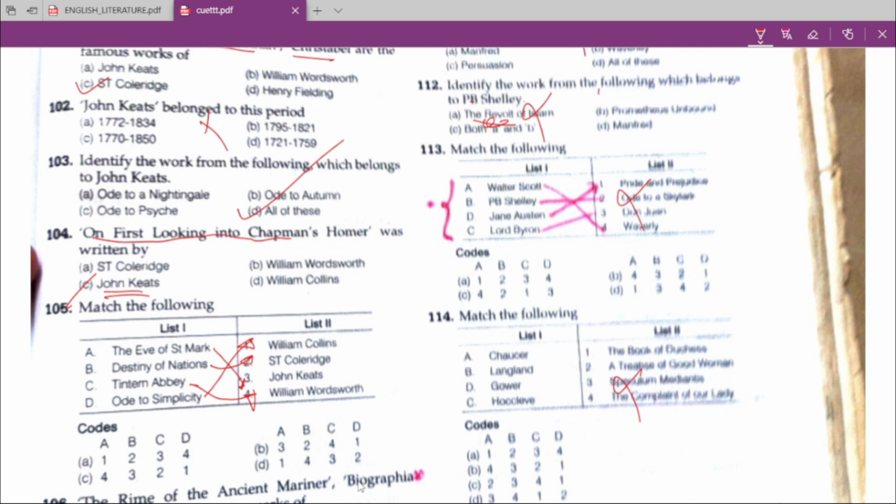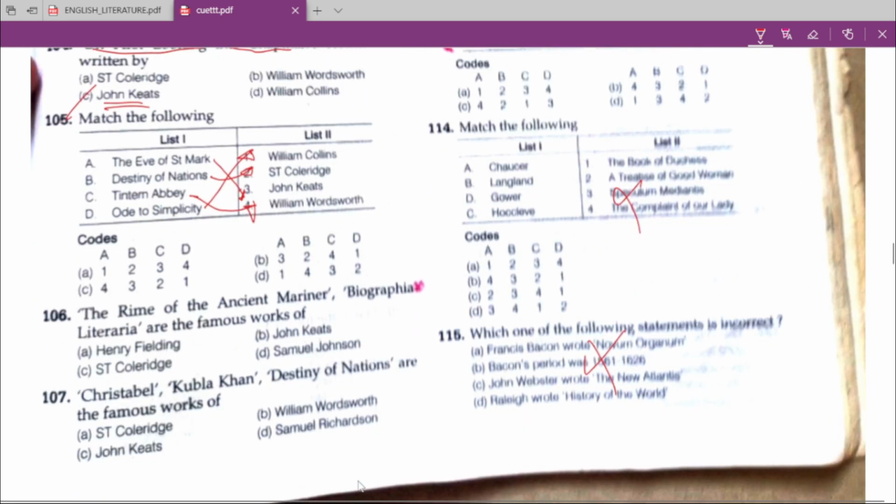Collins. Next question. The Rime of the Ancient Mariner has 7 parts. It's a ballad poem written by S.T. Coleridge, and it was included in the first edition of Lyrical Ballads that was published in 1798. So Rime of the Ancient Mariner and Biographia Literaria are the famous works of S.T. Coleridge. So S.T. Coleridge is the right option, and the Rime of the Ancient Mariner has 7 parts, and was included in the first edition of Lyrical Ballads, published in 1798